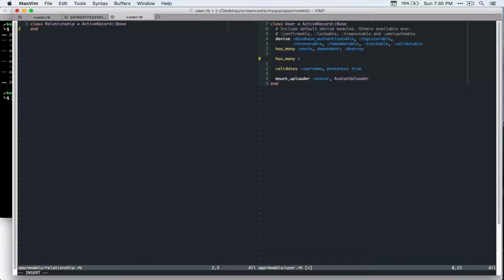So we'll say user has many, and because we're gonna have two relationships, we can't have two has many relationships like so. So we're gonna call it passive relationship, and we have to tell the active record which class we're gonna be using. So we say class name and string relationship,